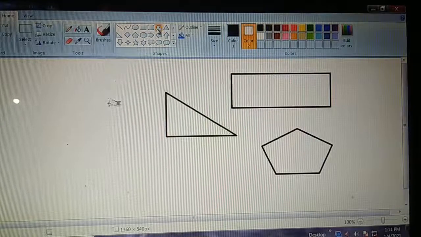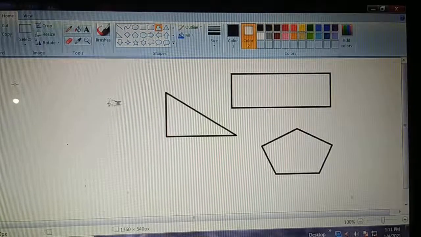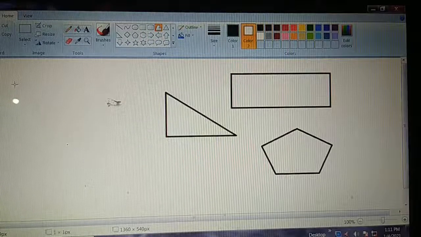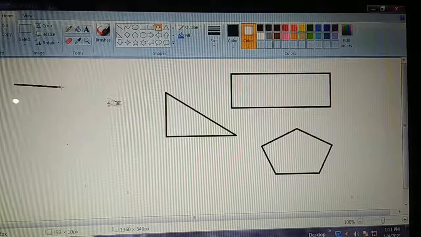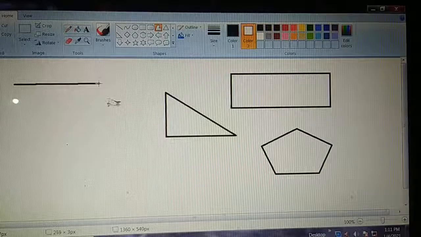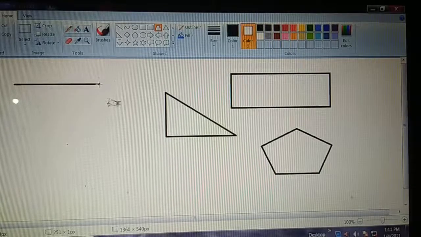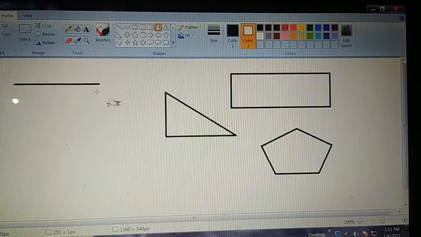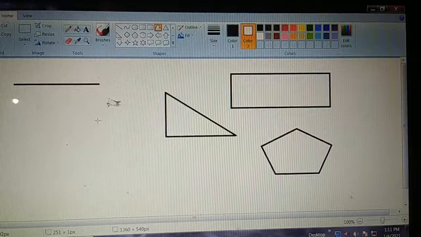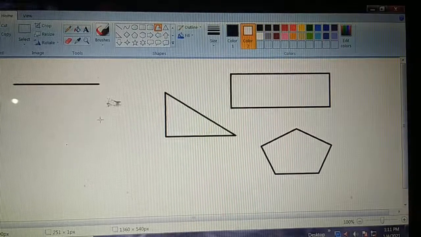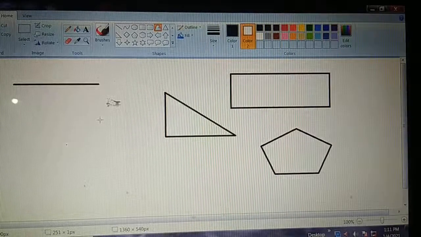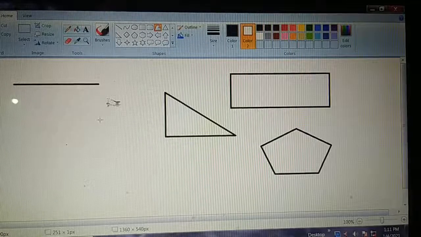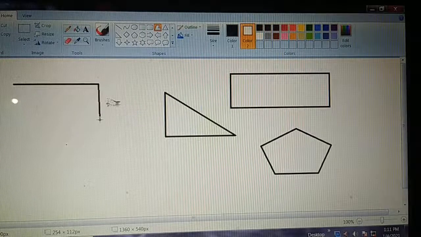Now see. First of all, we draw a line using the polygon tool. Now, whichever sides you have to draw, you have to keep the points in your mind. Suppose this is the first point, click here.